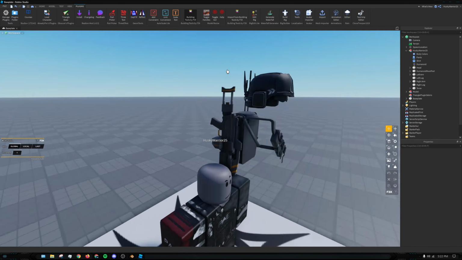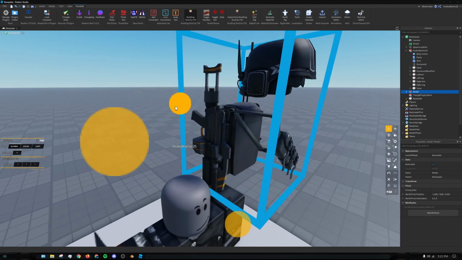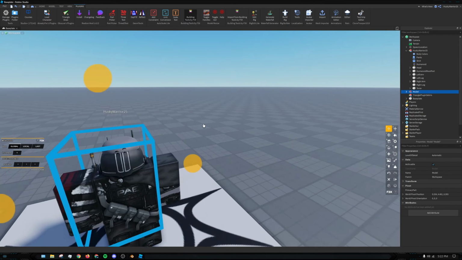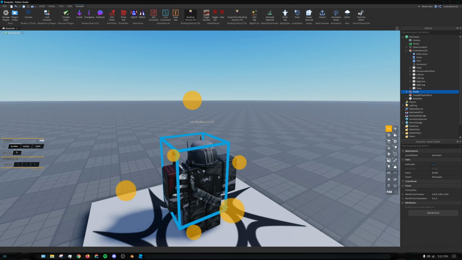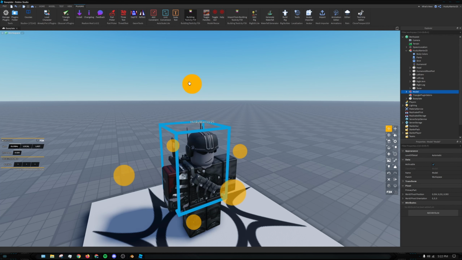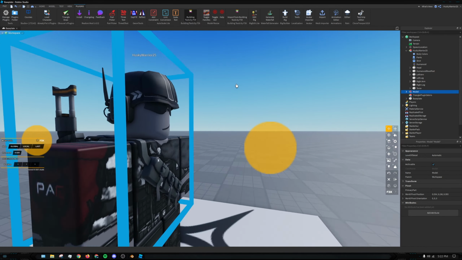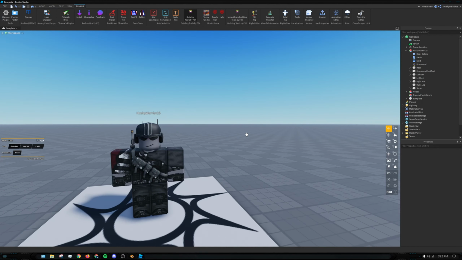Now we're going to grab these and then snap it to the head. If you don't use F3X, you'll have to use the basic tools. It's a little bit longer, but it's doable. Just gotta pull these up. And then,